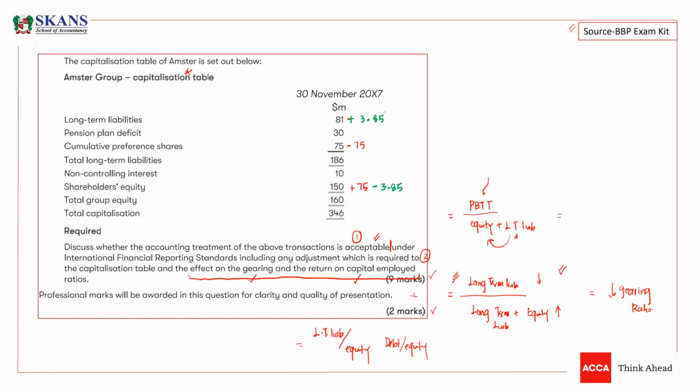So this is my revised capitalization table. So 30th member X7 revised values are there. So first value is 84.85. This is 30. This is 0. The total long-term liabilities would be 114.85. Non-controlling is still 10. There's no adjustment. Shareholders equity would be